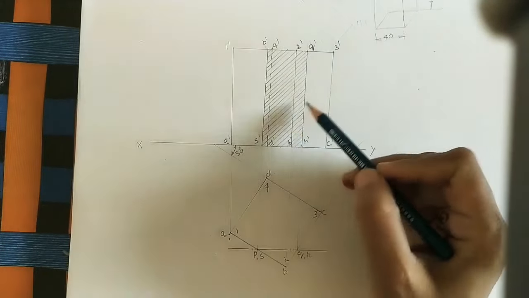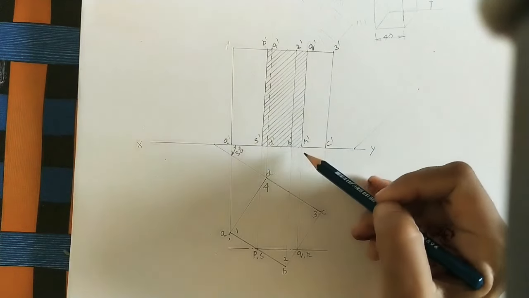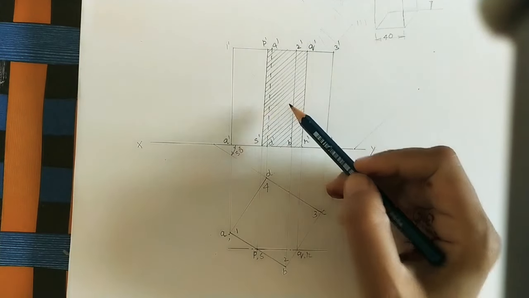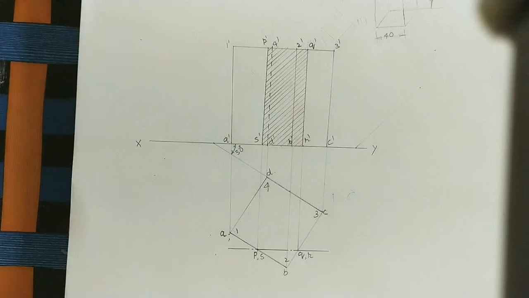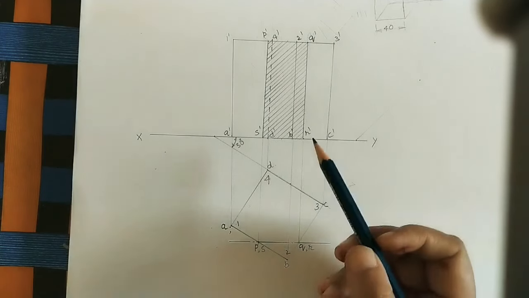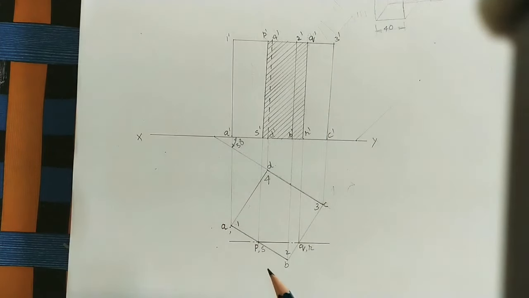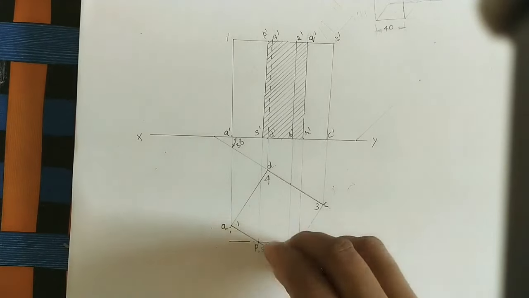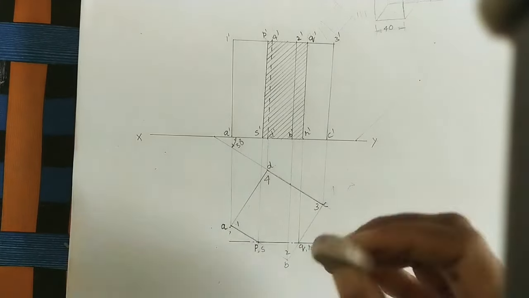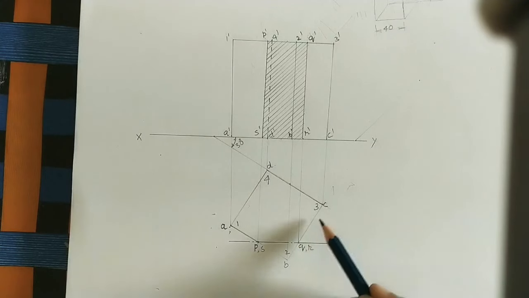So this is the hashed section. So it is nothing but the cutting area. We are calling this the sectional front view. Okay. So in this method, we can do the final front view and final top view. Now here we are removing this part. Make this part in light color. So this part should be light compared to the remaining part.